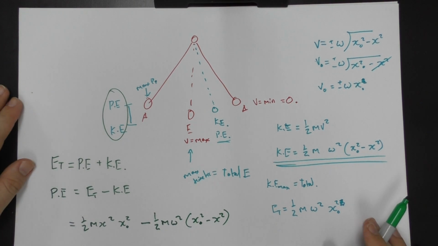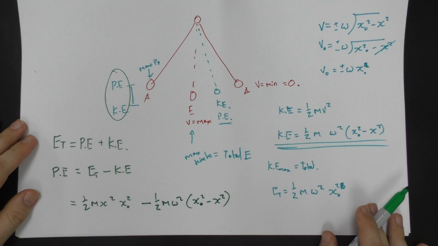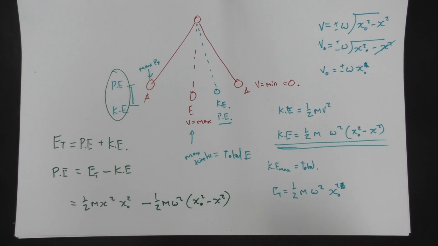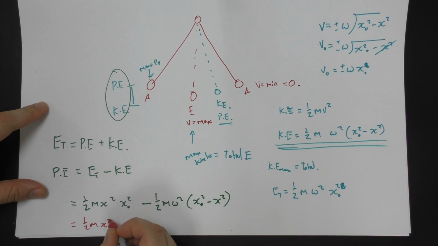Well, actually now this becomes even longer. I'm just going to change colour. Half m omega squared x naught squared minus